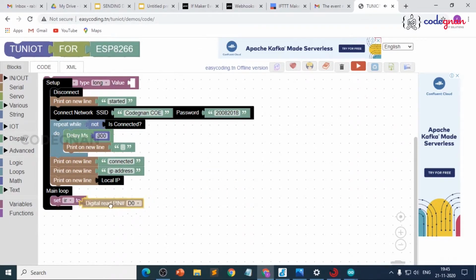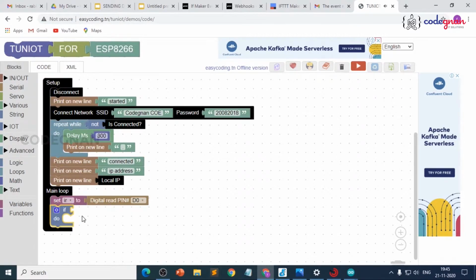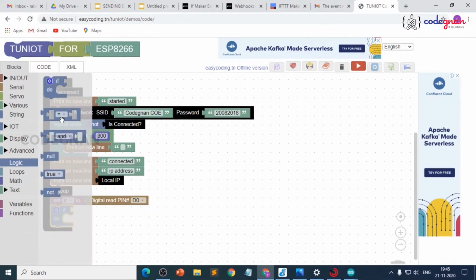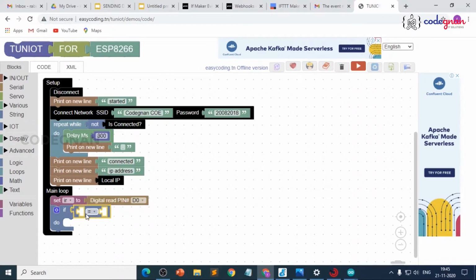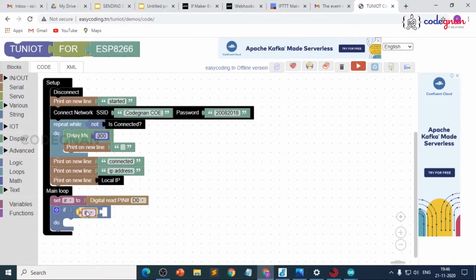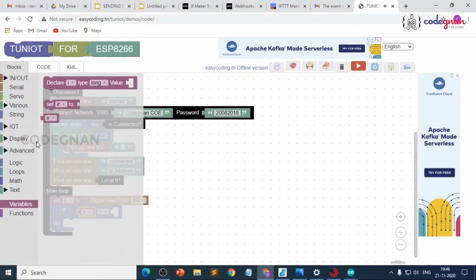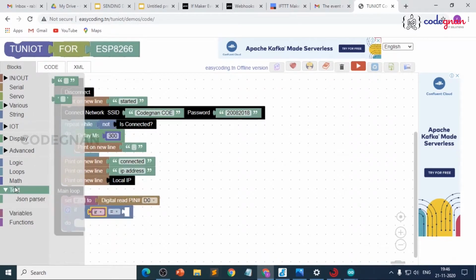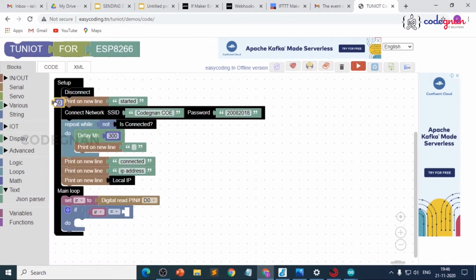And digital pin, remove this one, and now go to logic. If IR detects, then we need to send a Gmail notification here. So go to logic here, and again drag this. If the IR value equals 0, then a notification has to be sent here. So place it here and go to variables. Now go to text or math, drag this one. See, if it is 0.